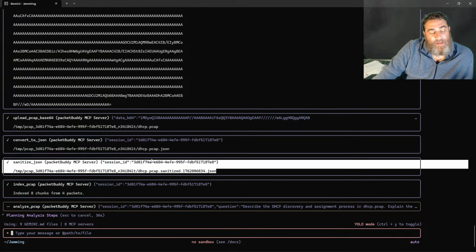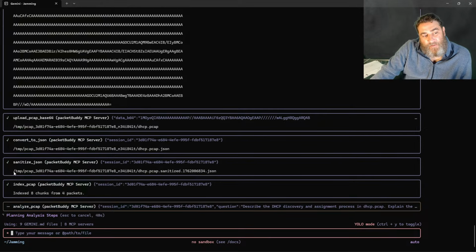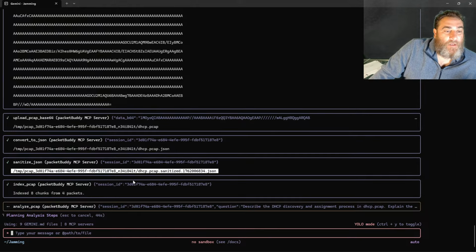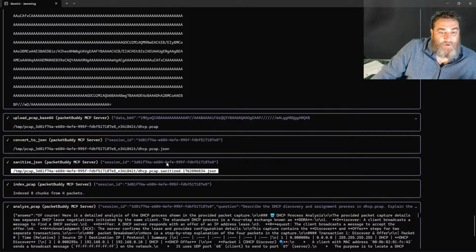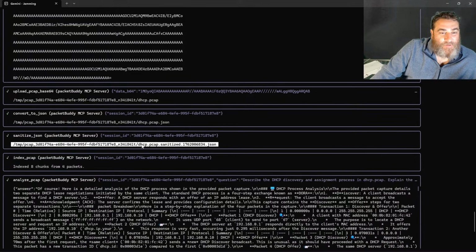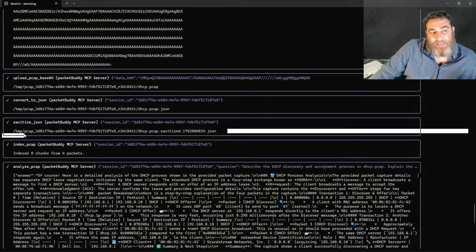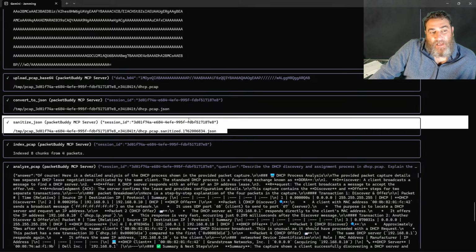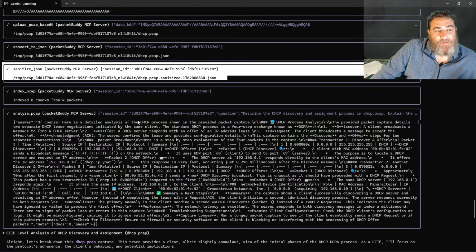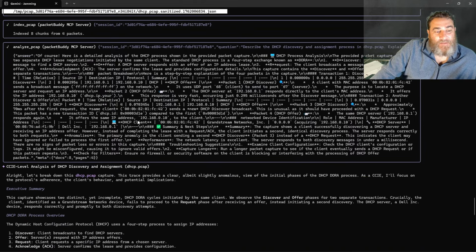I've been thinking about an augmentation in this step, to print out whatever's in this temp file and show the user the translated JSON. But if there are a lot of packets, it's going to be huge, right? So maybe the first 4 packets or something. Or maybe I could query and say, after you reach the sanitized JSON step, can you show me the JSON? So here's the natural language response, and then here's the